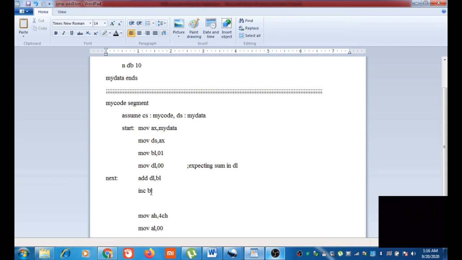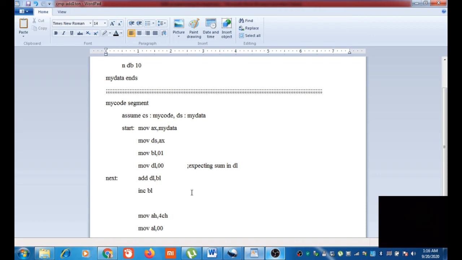Okay, initially BL is 1. After performing ADD DL, BL, we will increment BL. Then how many times will we increment BL? That is the question. We will continue incrementing BL until it reaches n.